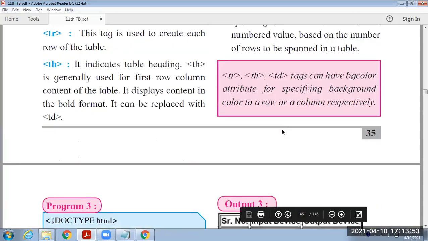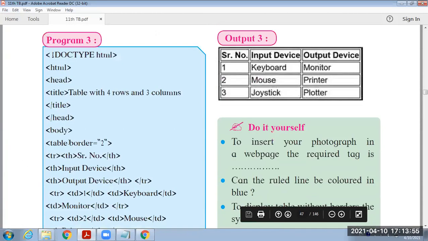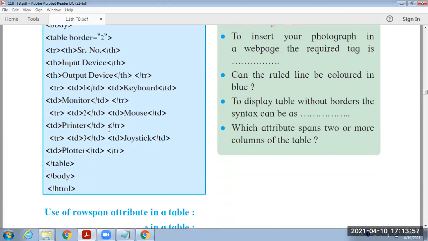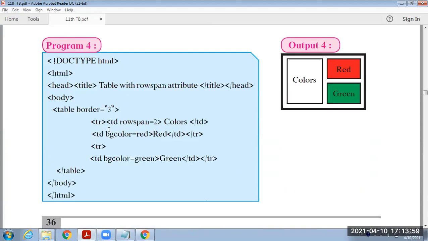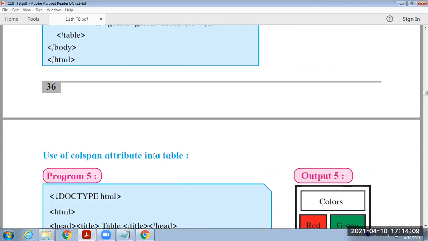Is anything remaining? You can try all these examples from the textbook yourself. Here, as I showed you, different types of colors are provided for the table by using row span and col span.